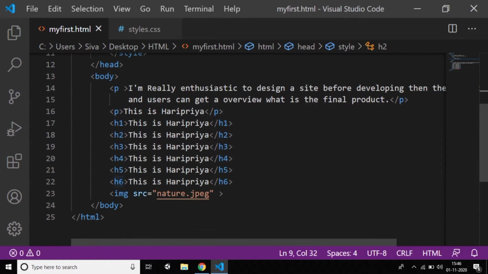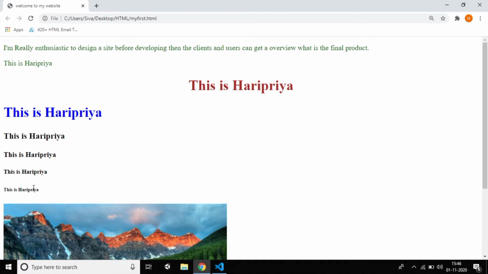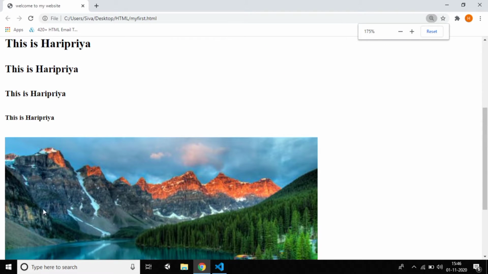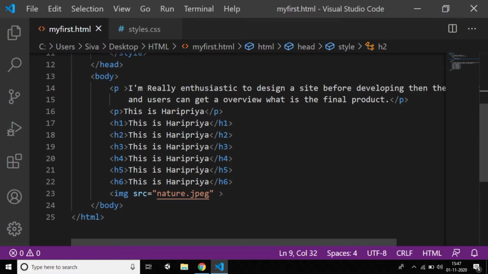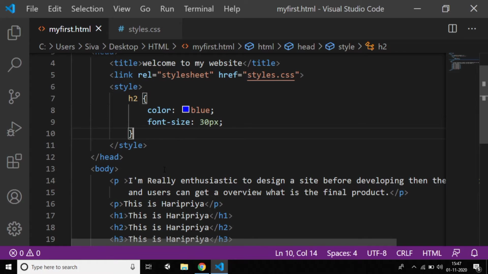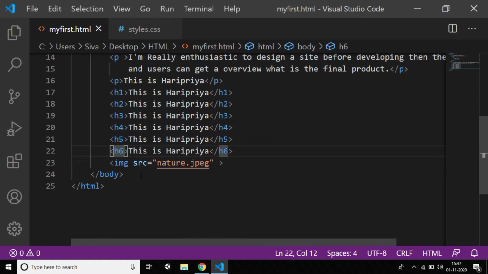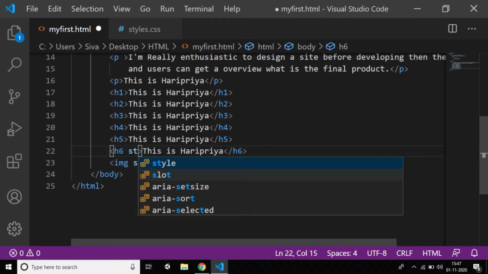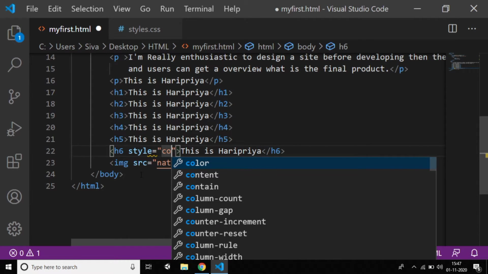And now, what is inline CSS? Suppose you want the h6 tag which is here, this is Haripriya, this is called the h6 tag. If you want another color for this, you need to give it here only. Just give style color.